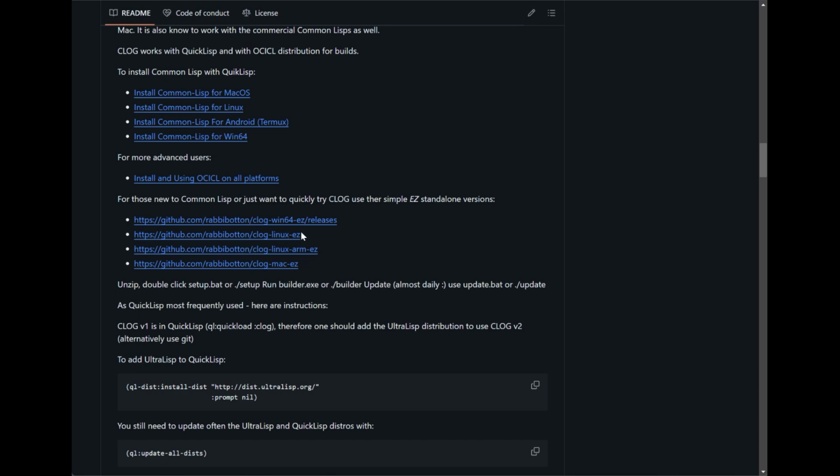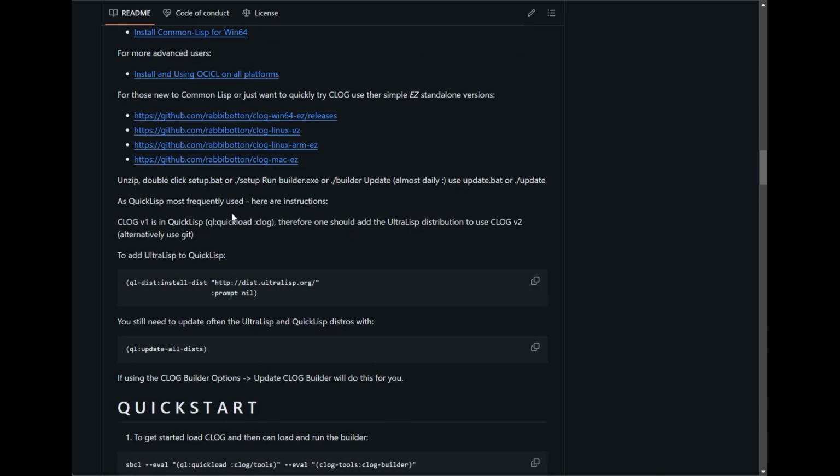Again, for those of you that are familiar with QuickLisp installs, this is very, very important. In order to make sure you have up-to-date versions of everything, make sure to add the UltraLisp distribution to QuickLisp, and that's right here again on the README page on the GitHub. In addition to that, by the way, take a look here, and this is how you update your distros: ql:update-all-dists. That's how you update QuickLisp,